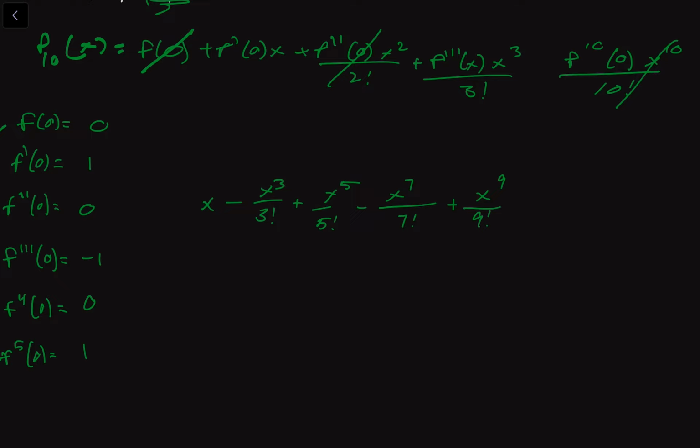No matter what you plug in for x, no matter how big it is, if you're dividing by 362,000, this term will just drop to 0 because we can treat the bottom like infinity. So I'm not going to evaluate factorials, but this would be the Maclaurin/Taylor polynomial to approximate sine